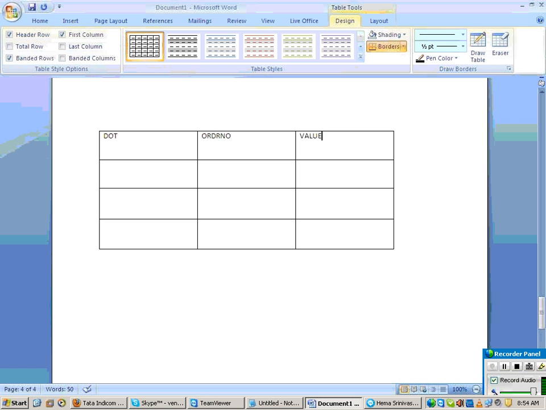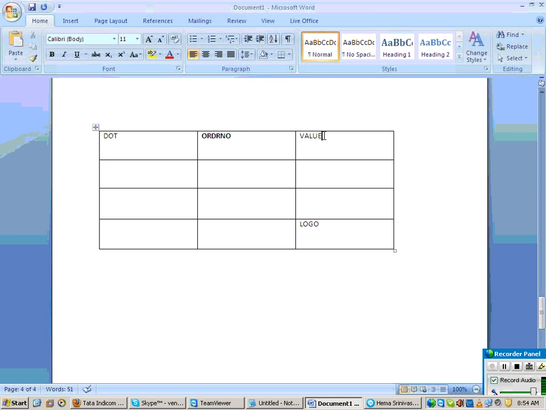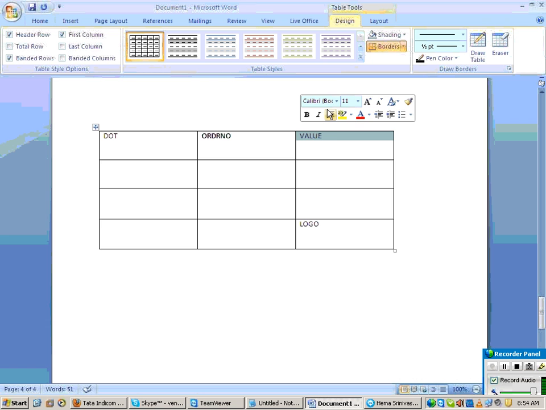Now what is my requirement? In this particular area of my output, I want to see the logo of the company. This heading should be bold. End user will give you a clear layout of how they want it.